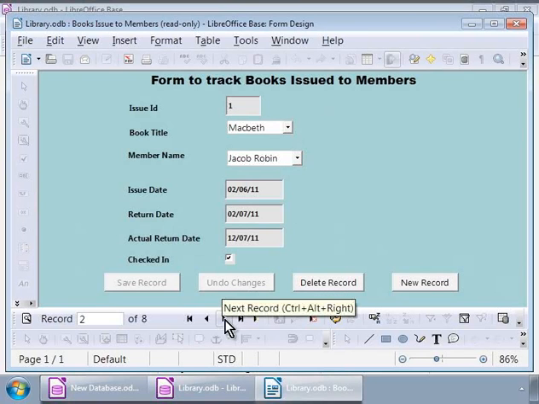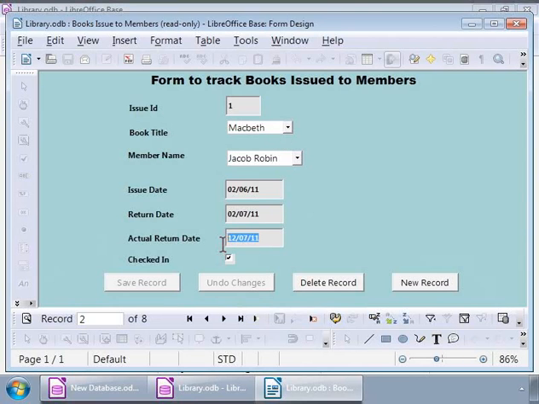Here we see that the member Jacob Robin has borrowed the book Macbeth, and let us assume now that he is returning the book. So let us update this information into this record. For this, we will type in the actual return date.